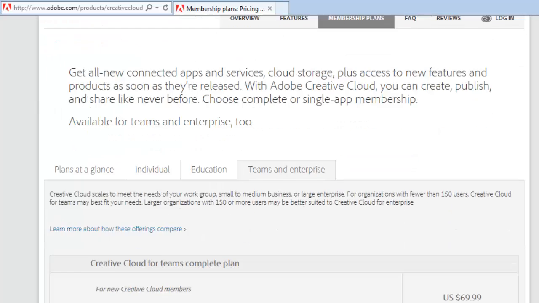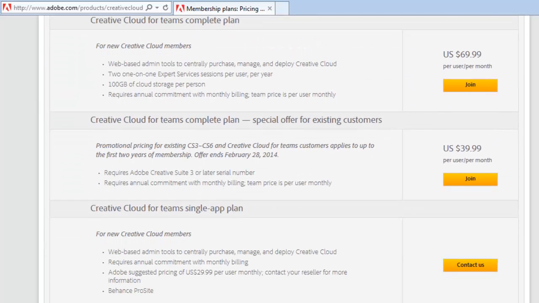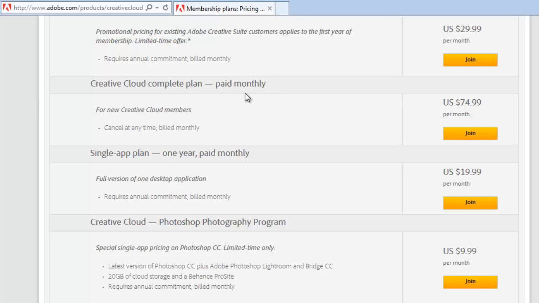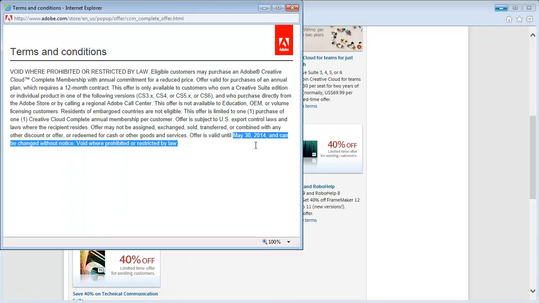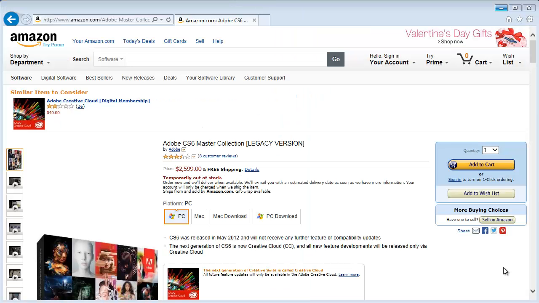There are also team and executive plans at various price points, as well as options to only use one CC program for $19.99 per month. The promotional pricing plans have changed a number of times, and most of them are set to expire in May of 2014. All things considered though, the pricing is not that bad when you consider that the last Creative Suite